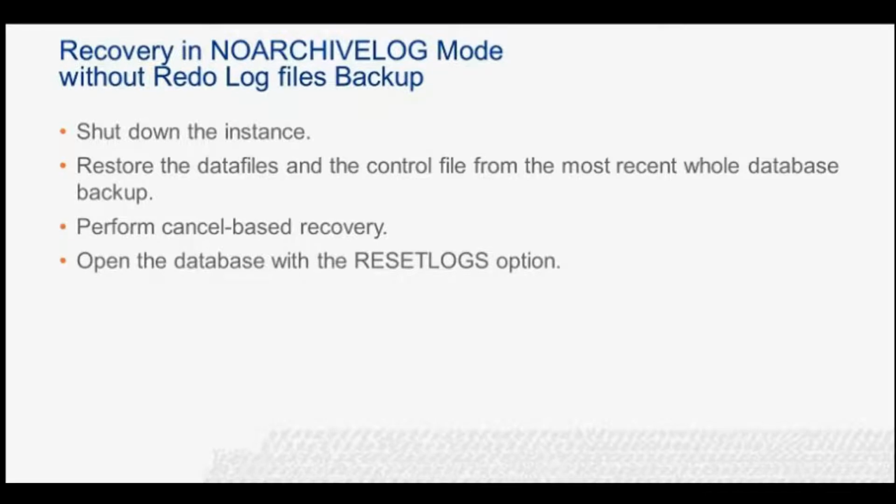Now if the database is open, then shut down the database as follows: shutdown immediate. Restore the most recent whole database backup with the operating system's command. We must restore all of the data files and control file, not just the damaged file. Because we did not back up the online redo logs, we cannot restore them with the data files and control files, so that Oracle can reset the online redo logs.